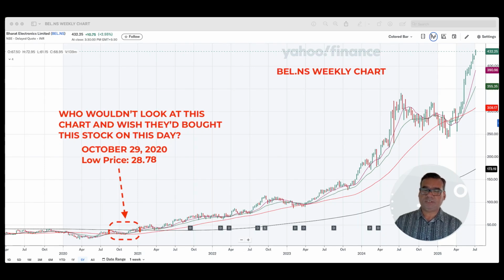Have you ever stared at a stock and kicked yourself for not buying at the perfect moment? What if I told you the signs were screaming to buy this stock in October of 2020? Yes, technical indicators were crystal clear, and not just one, many. And MACD played a critical role in making a case for buying this stock, flashing a strong buy sign